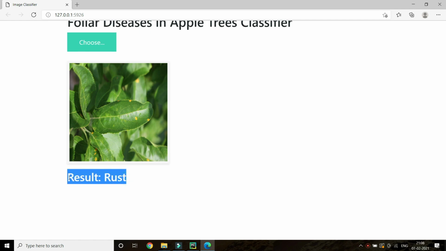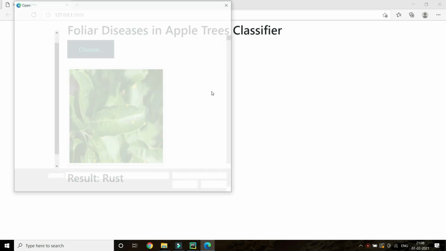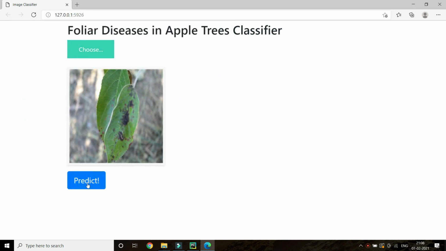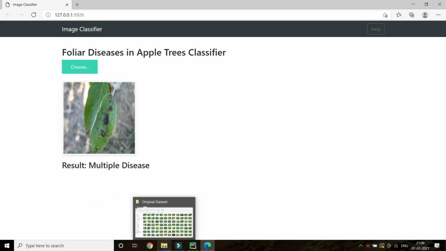Rust. I don't know how accurate this is, I have not seen the labels, but this is the basic idea. If I choose another one, let's say this test, it says multiple diseases. So the user can upload a file and it will predict. That is the basic idea.